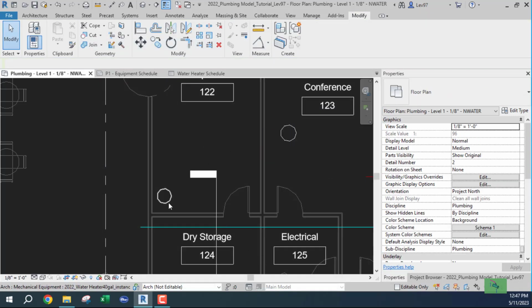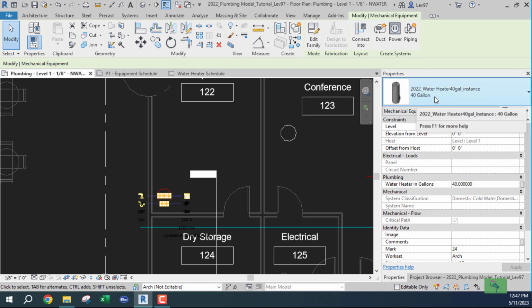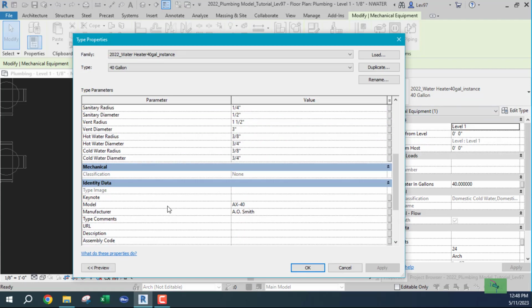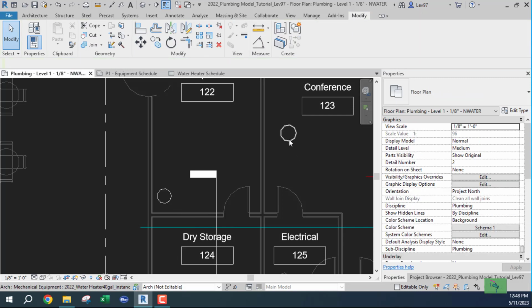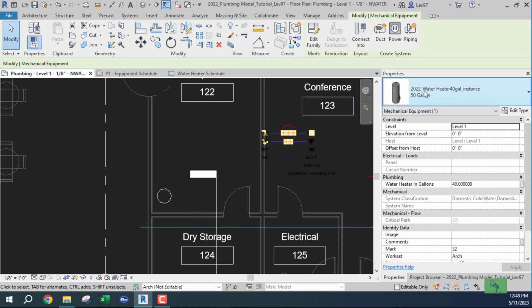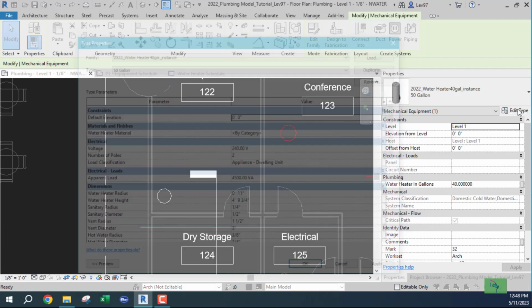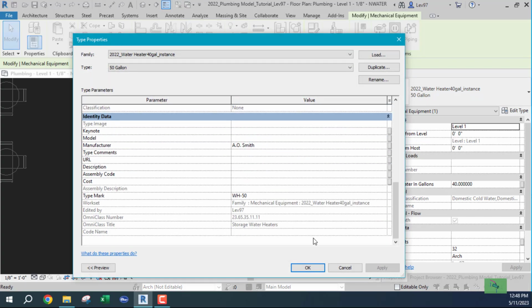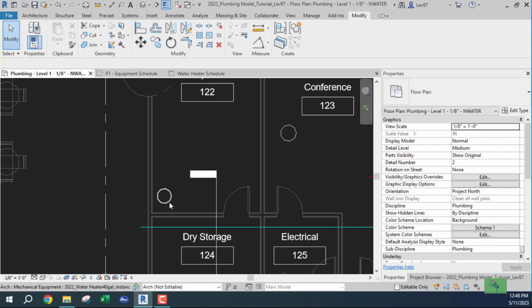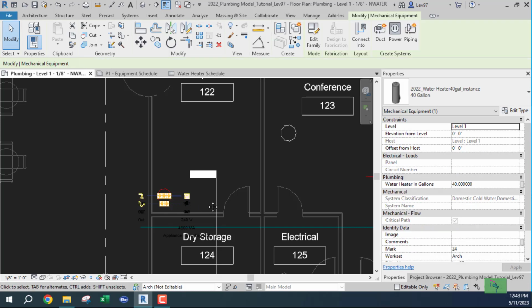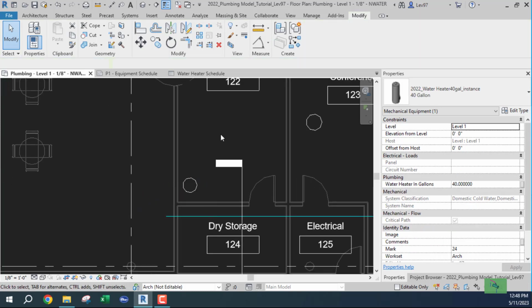And so we have a 40 gallon water heater with the type mark of WH50. And we have another one. This is a 50 gallon water heater. And it has the same type mark. But Revit only tells us that one time. It only tells us that one time. So we have to address it because